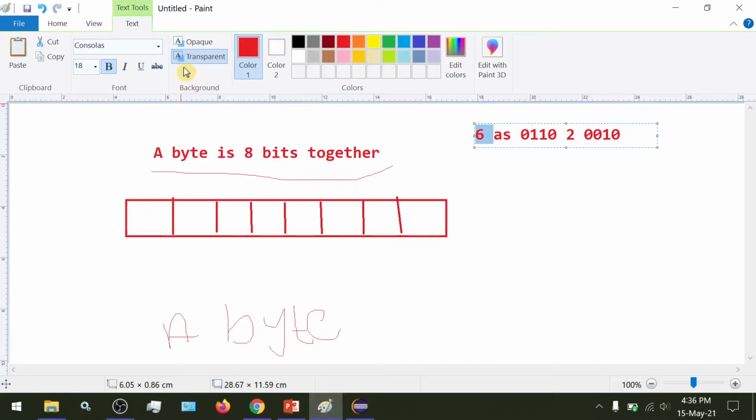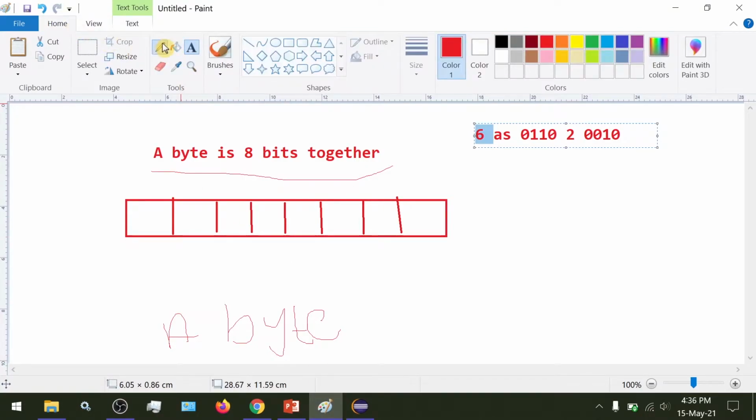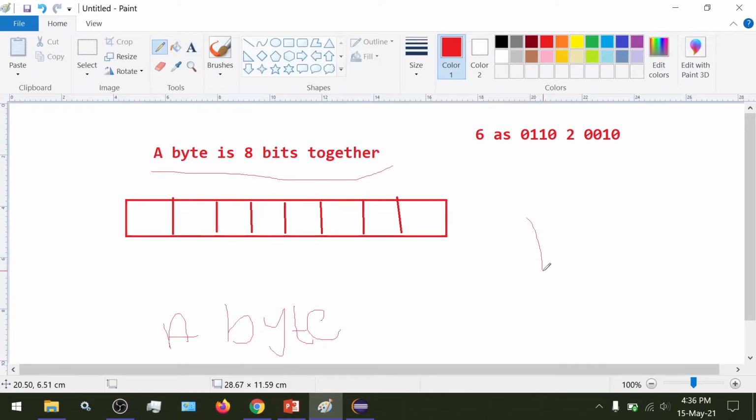If we want to represent the number 1, we can represent the number 1 in our byte category, because if we convert this 1 into a sequence of zeros and ones, then we would have 1 and then 0, 0, 0, 0, 0.